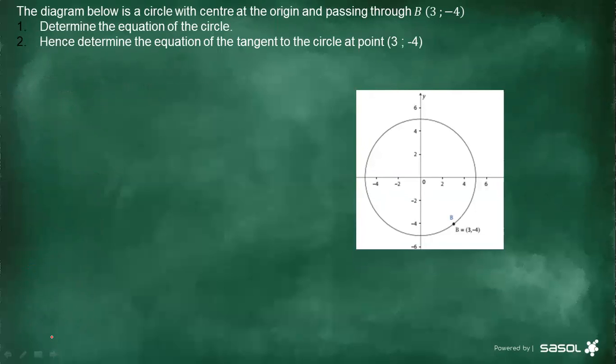The diagram below is a circle with center at the origin and passing through B, which is (3, -4). Determine